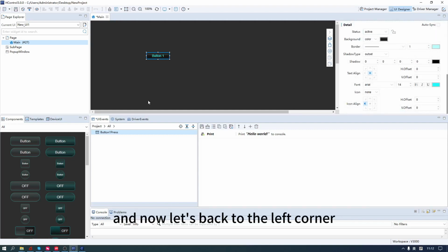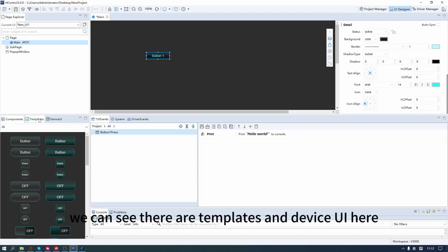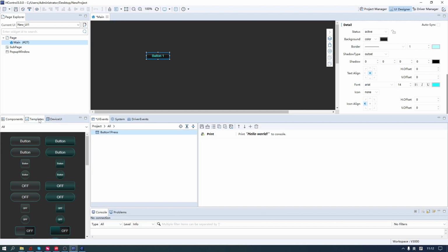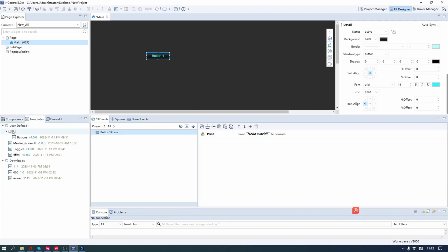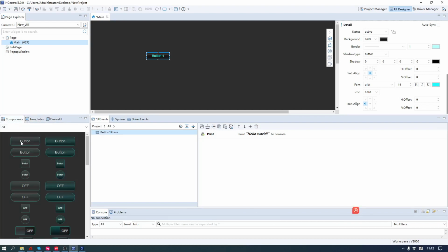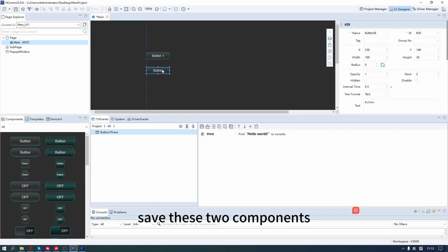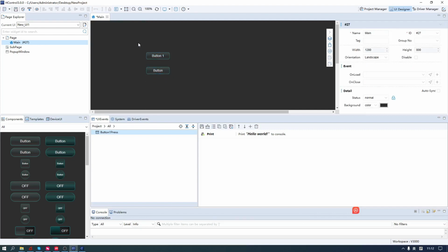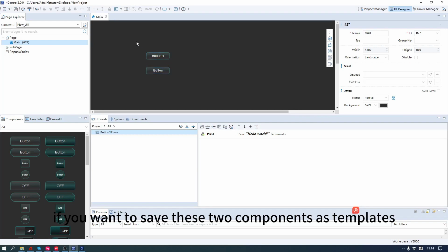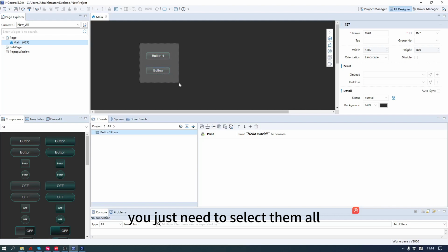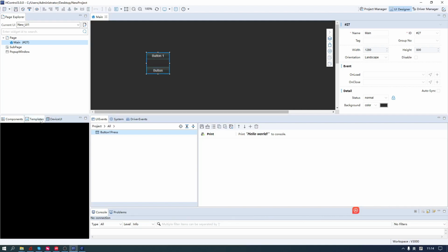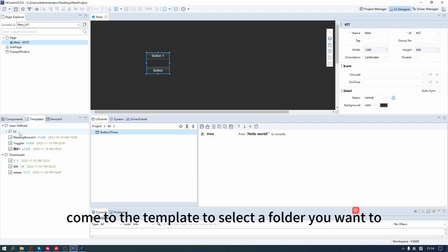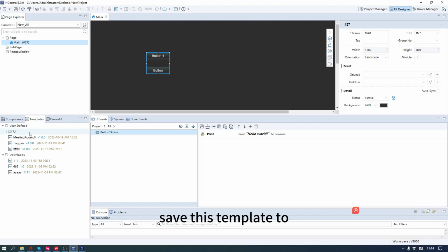And now let's go back to the left corner. We can see there are templates and device UI here. And for templates, if you want to save these two components as templates, you just need to select them all and then come to the templates to select a folder you want to save these templates to,